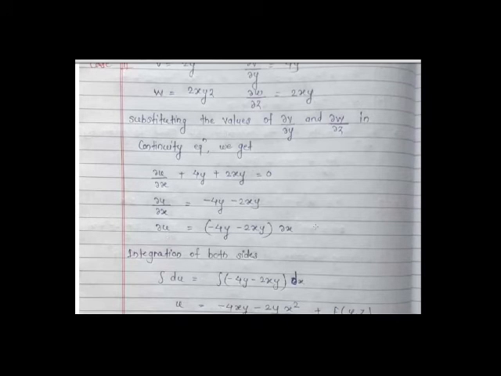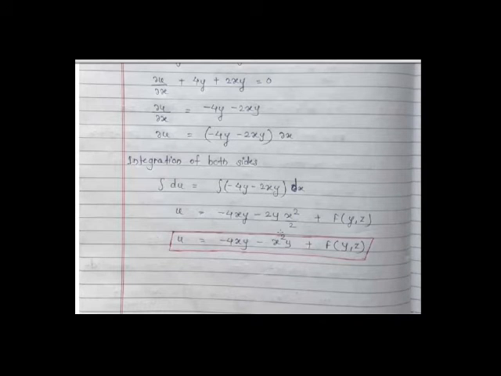So this equation can also be written as ∂u = (−4y − 2xy) ∂x. For calculating the value of u we have to integrate this equation on both sides. So the integration of du is equal to the integration of (−4y − 2xy) dx. After solving this we get u is equal to minus 4xy